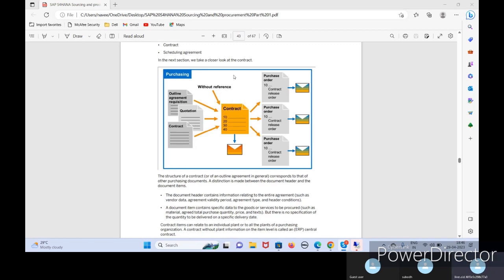Consider there are three suppliers in the quotation. Out of three I have selected one supplier. For that supplier I can create a contract using that quotation. So the data from the quotation will be copied to the contract. That is the advantage of doing it with reference. If I create a contract with reference to a quotation, data will be copied. So manual interventions and mistakes that happen while entering the data